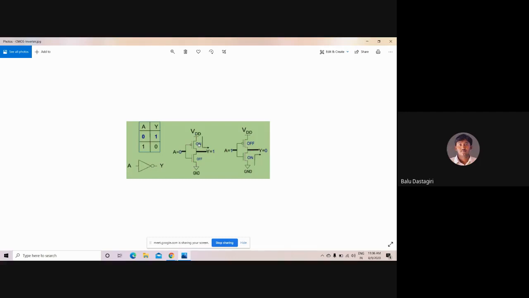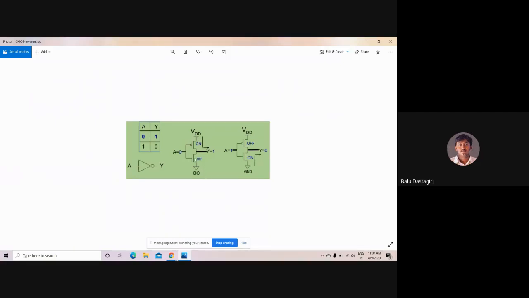Now, if you see the operation of this CMOS inverter here, if A is equal to 0, meaning input is equal to 0, the NMOS transistor becomes off and the PMOS transistor becomes on. If a transistor becomes off, it becomes an open circuit, and if a transistor is on, then it becomes a short circuit.